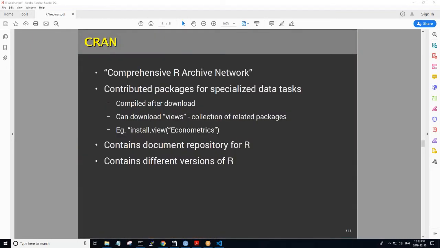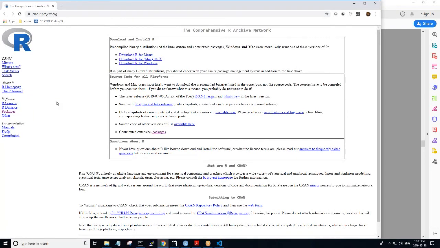The other thing we want to quickly talk about is what makes R really, really powerful: the CRAN network. Let me go to CRAN up here. CRAN is called the Comprehensive R Archive Network.